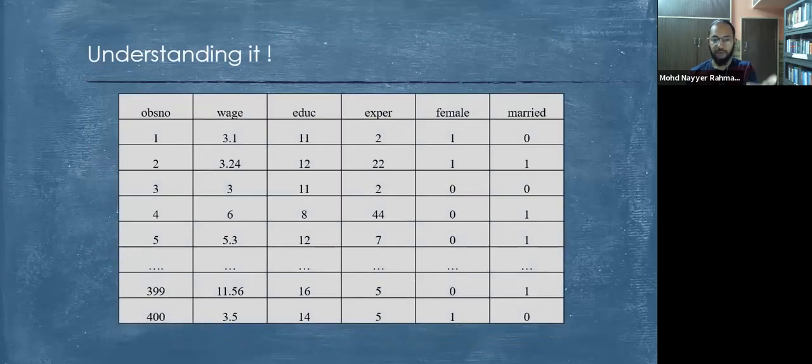So now see, we have observations starting from 1 to 400. And we have all the variables: wages, education, experience, whether female or male, and marriage, whether married or unmarried. So here we see that this data has been collected at a point of time, because here repetition is not there. We only know that these are the respondents and data according to the variables has been collected. And because it is at a specific point of time, therefore it is cross-sectional data.